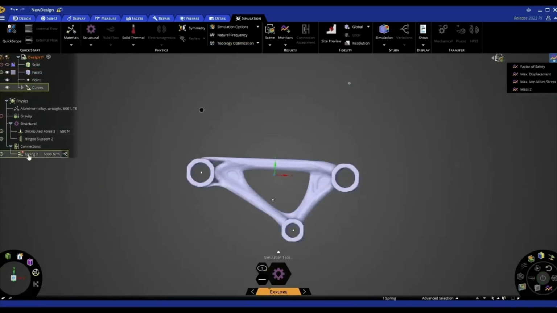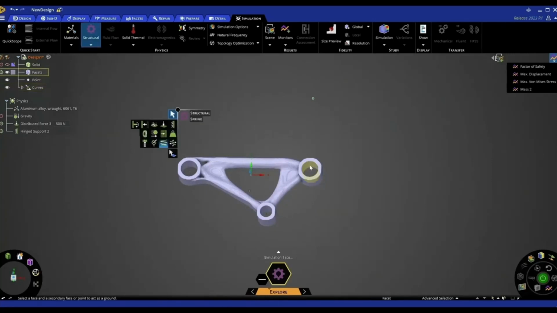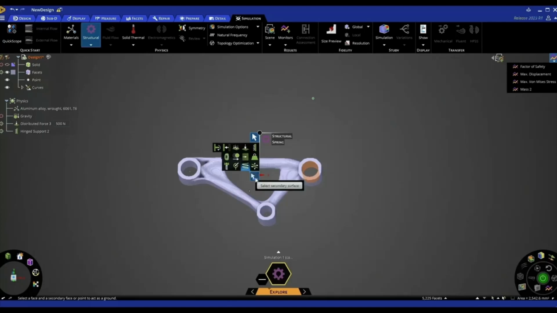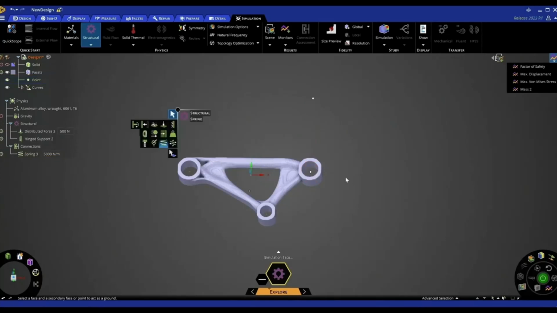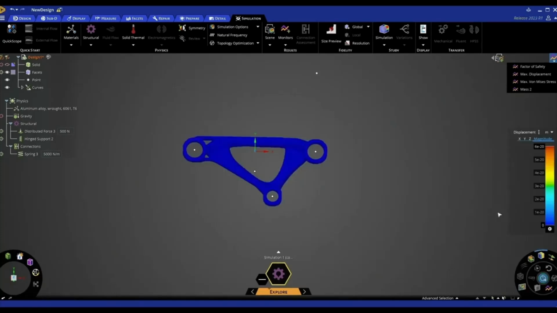It looks like, obviously, for whatever reason, my spring connection has been lost, so I'm just going to remove that and just quickly recreate that. So let's just use my spring tool. This is my first connection, this is my second connection, and just accept that. So that's my simulation done. I can now validate this, and I can obviously see if it still hits my factor of safety targets, how much mass have I reduced. So let's hit the solve button,